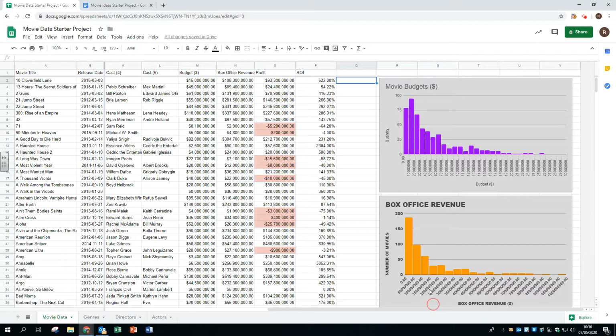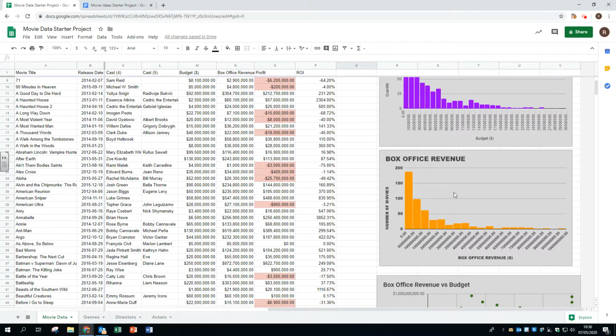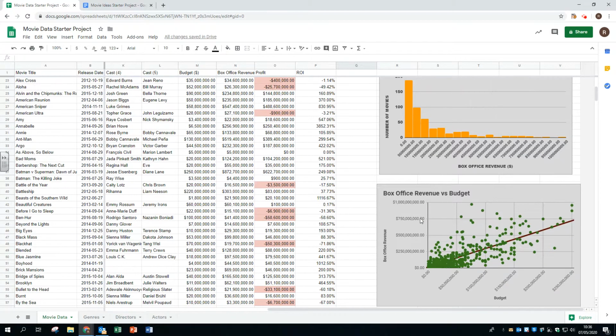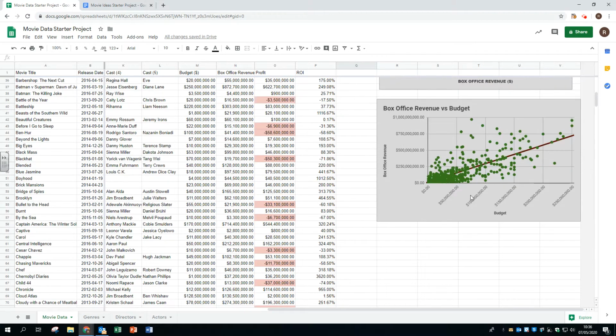You should have three graphs, one showing you the movie budget so you can get an idea of what a good movie budget would be. You would have your box office revenue as well, which should show you roughly what a good box office revenue should be, and what films tend to make in terms of revenue. And then you should have your scatter graph with your trend line, where you can actually see,